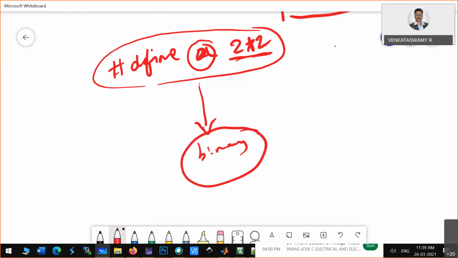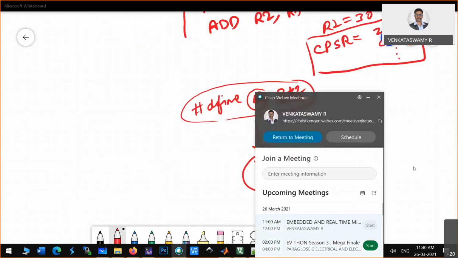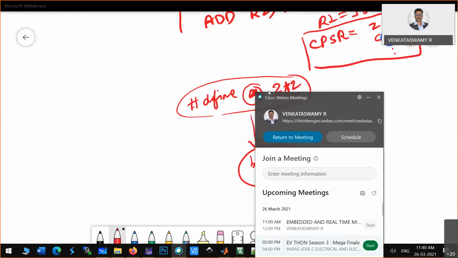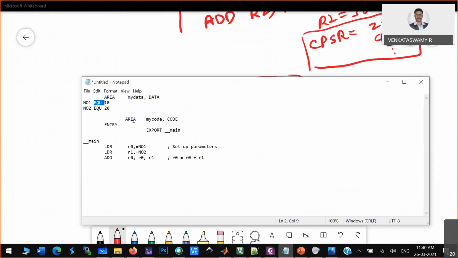Now, how can you understand this? For example, take the Keil compiler. They propose some template, some structure.